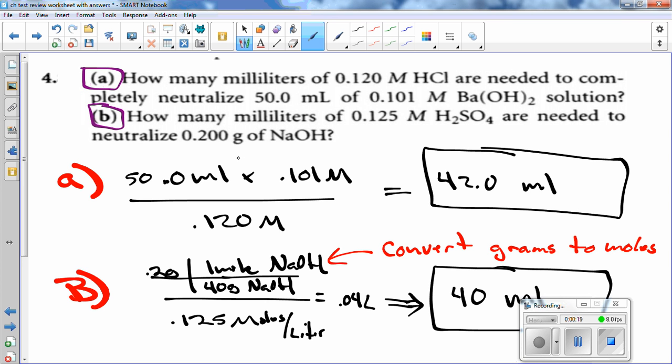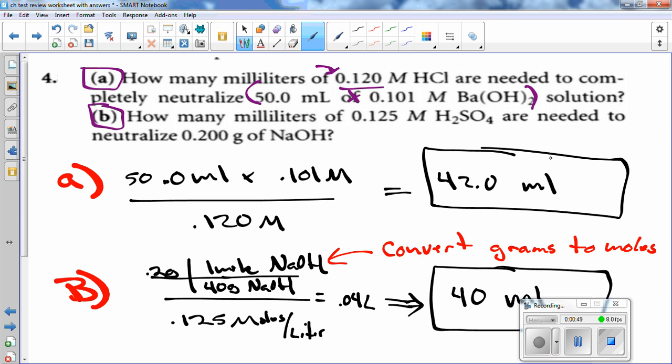So it says in part A, how many milliliters of 0.12 molar HCl are needed to completely neutralize 50 milliliters of 0.101 molar. So remember the idea was to take the ofs and multiply them, and then we divide by the one that is not in the of. So I did that right here, 50 milliliters times 0.101 molar over 0.120 molar, and I end up with 42